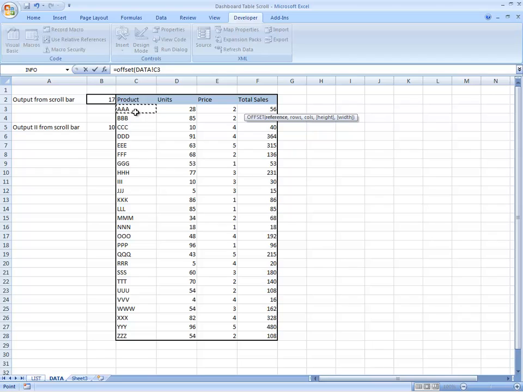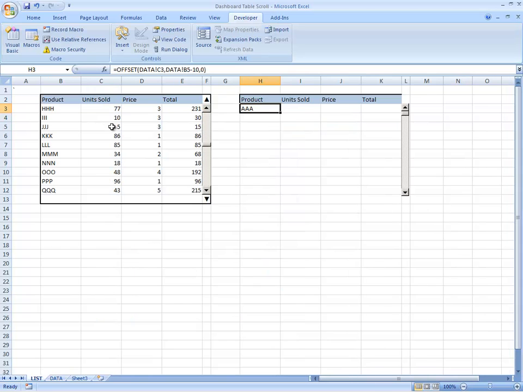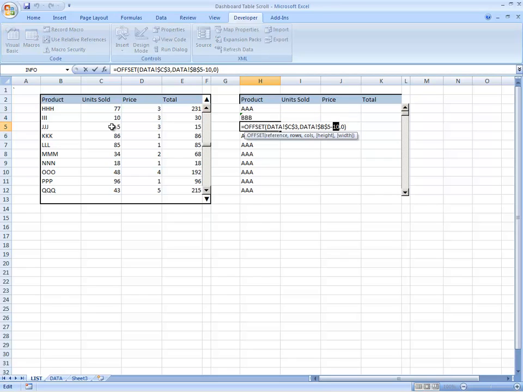the offset reference cell is the first one in the list, and then we're going to say, okay, what's the offset? So that's going to be the output from the scroll bar minus 10, because we want 10 in the list, and then the cell is going to be 0. So we actually need to lock those. If we press F4, we're going to need to lock those. And if we copy that down,